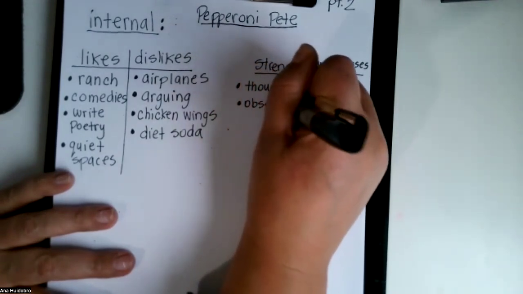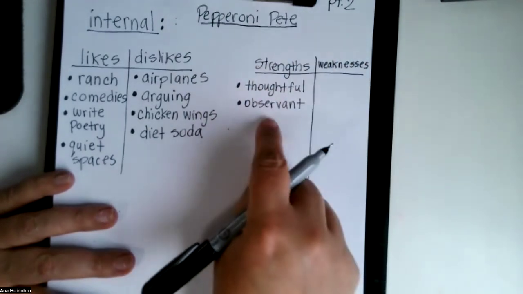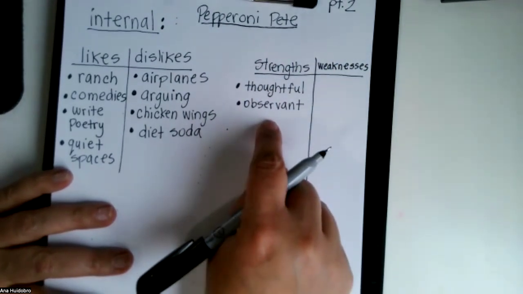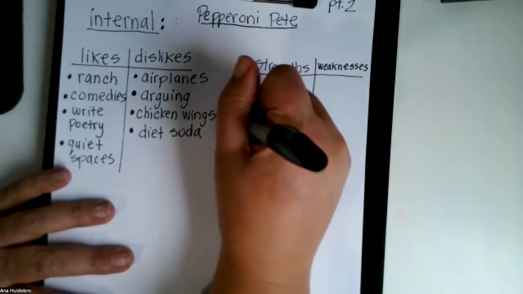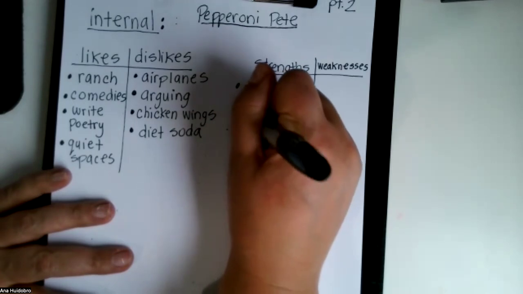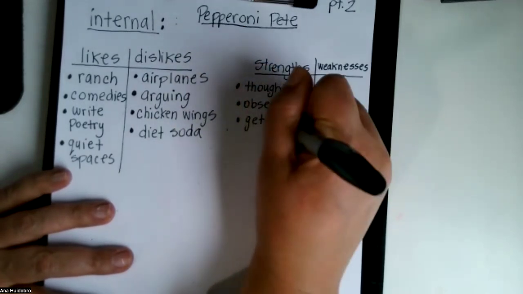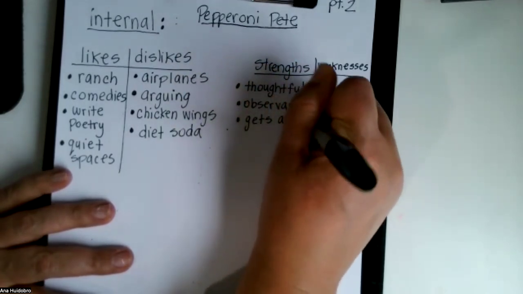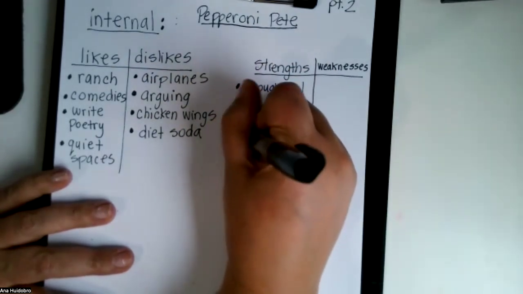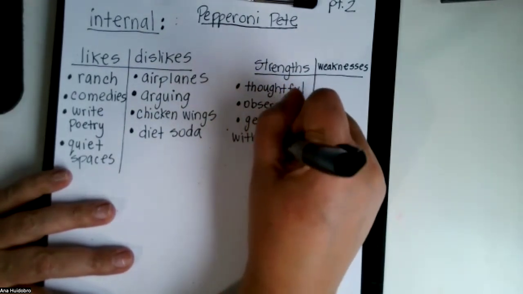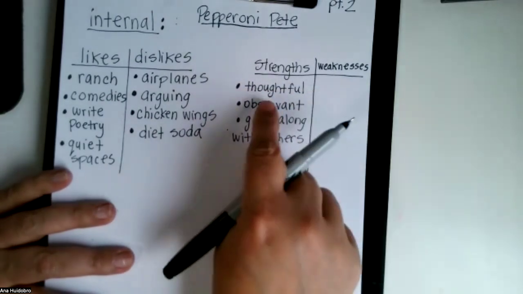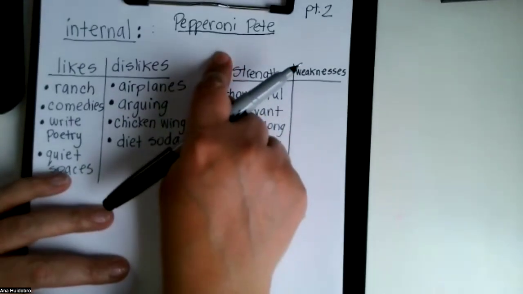He likes to watch. Since he likes quiet, he doesn't say a lot, but he observes things and he notices when other people are happy or sad or in need. He could tell, right? And it's a strength of his. And he gets along with others. He's kind of an easygoing guy. Gets along with others. You are watching me. You are not writing this. These are my strengths for my character,